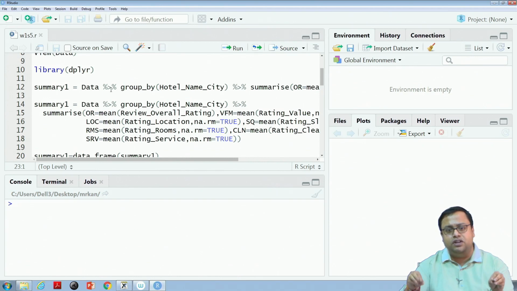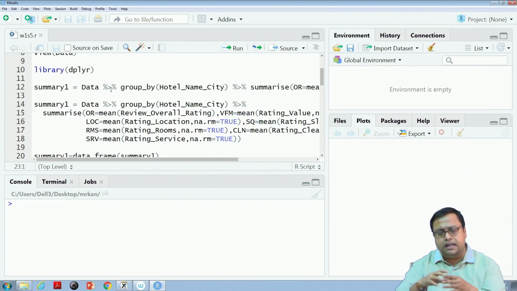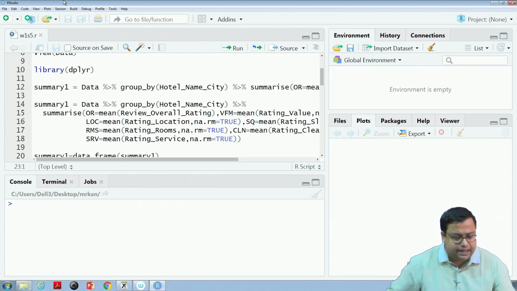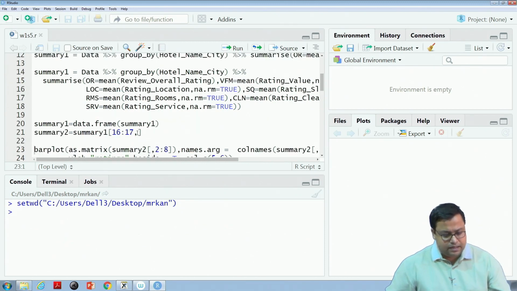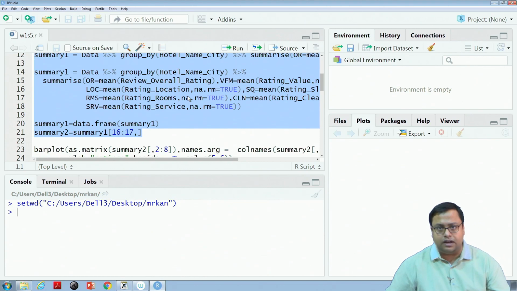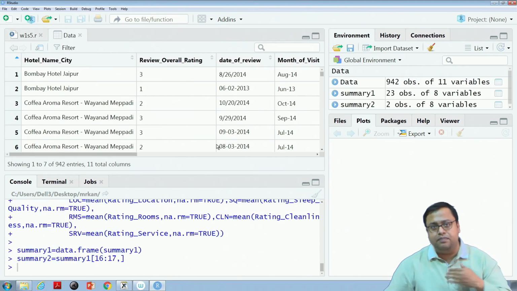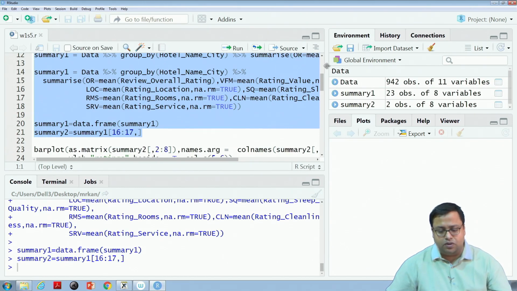While starting this video, I have cleaned my console and my global environment. If you are continuing from the last video just now, then you do not have to do all this. But those who are starting this video separately, probably from the session 5 video, have to do the same thing that I am doing right now. Clean your global environment, clean your console, set your working directory to source file location again, and then select from line 1 to line 21 and press run, so that you and I remain on the same page. That is very important as we go ahead.